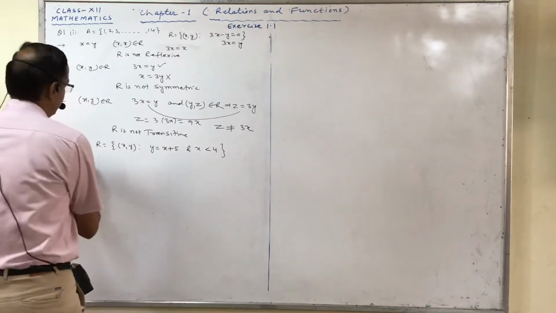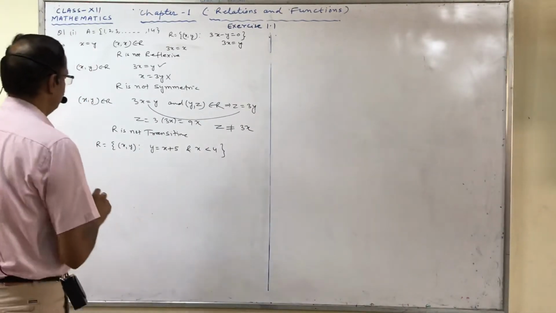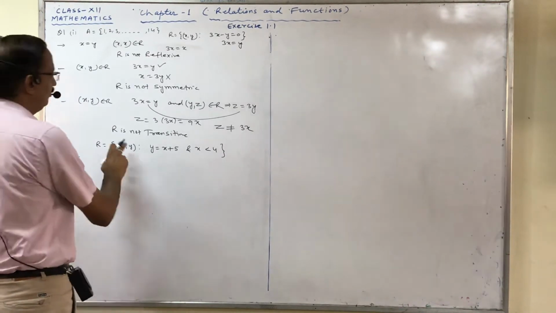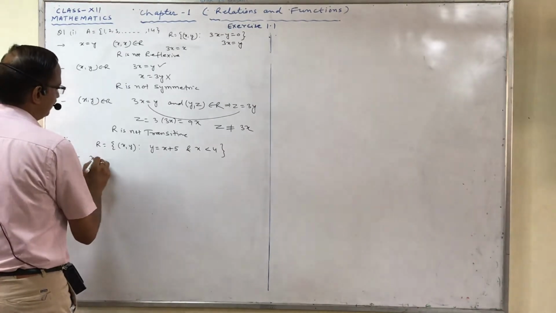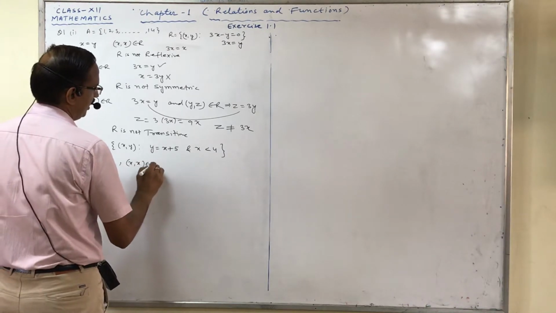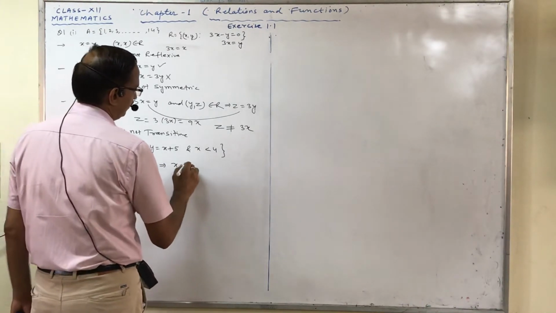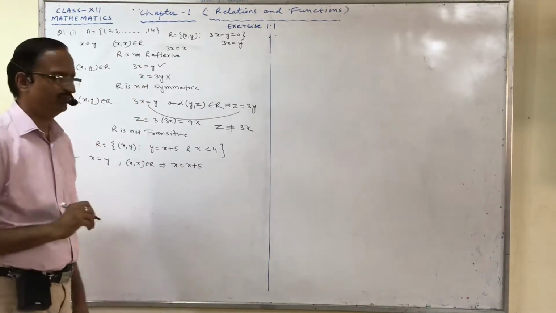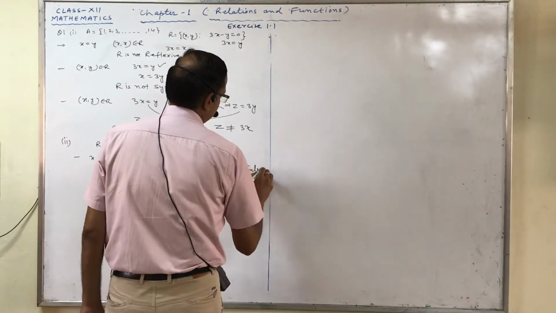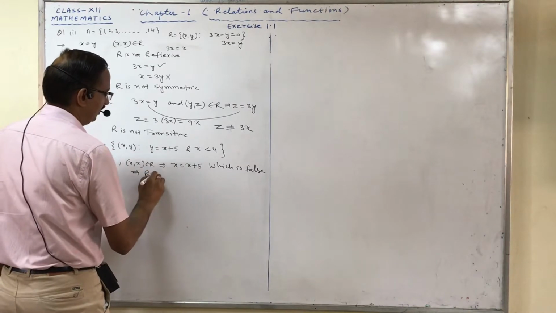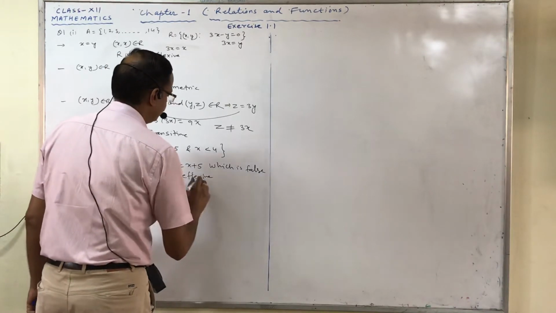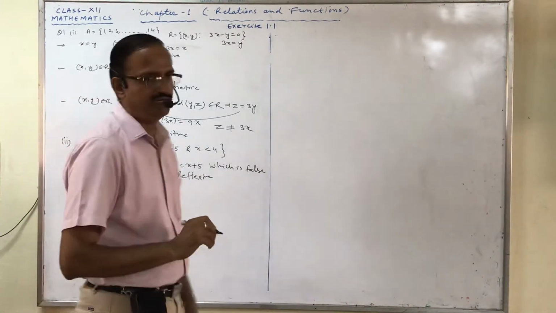Now, first of all, we will check reflexive. For reflexive, we will replace this y by x, meaning x is related to x. We have to check. So we will write x = y, meaning (x, x) belongs to R. This implies that x = x + 5. Is it true? No. This is false. So we can say that R is not reflexive. Okay, children? Now, come to the next, that is symmetric.